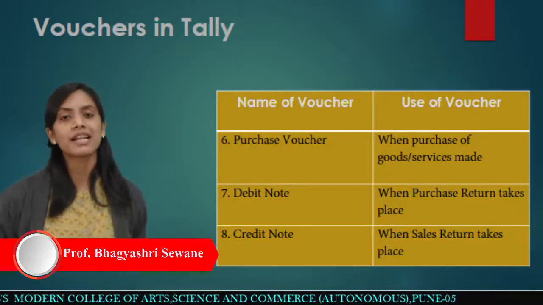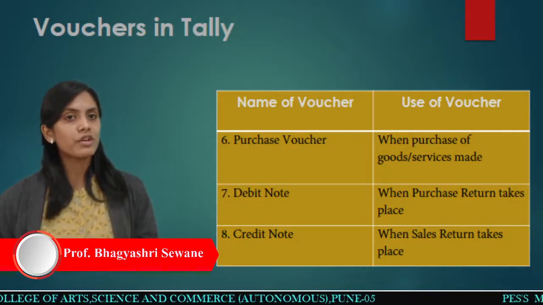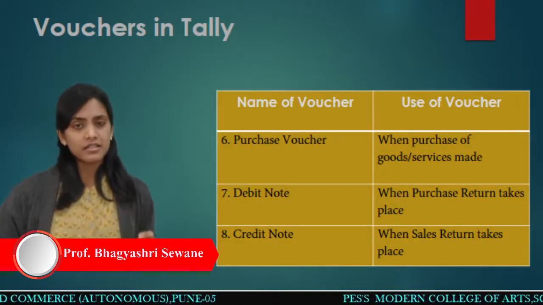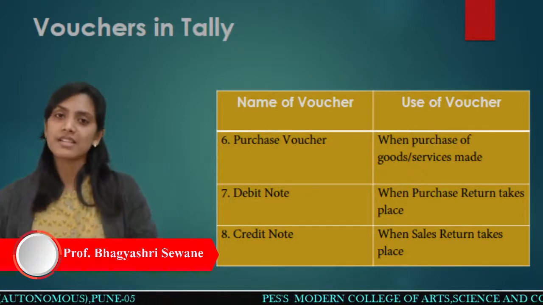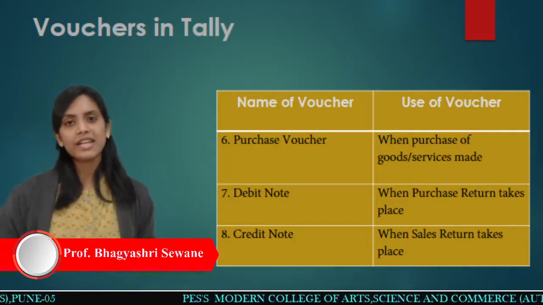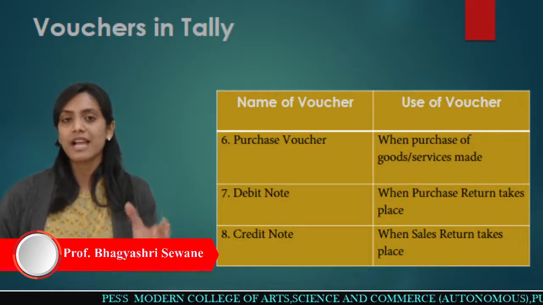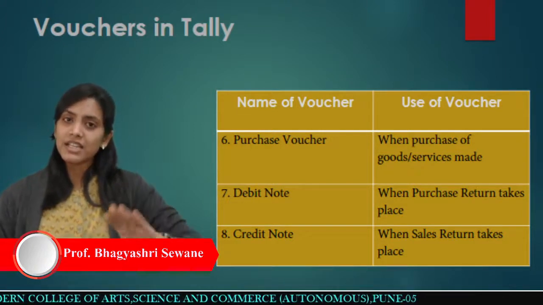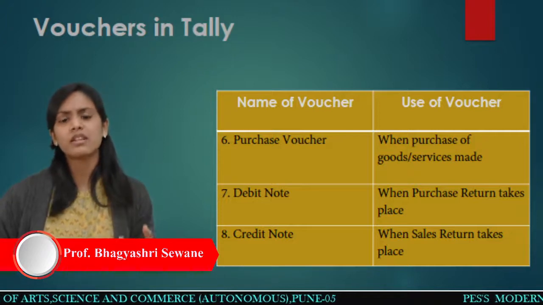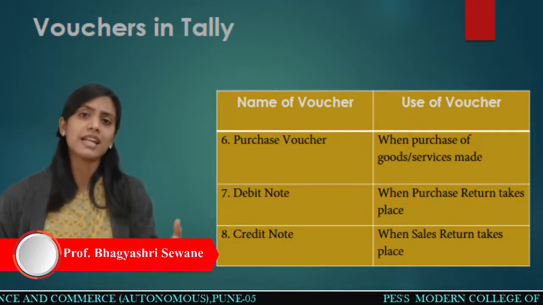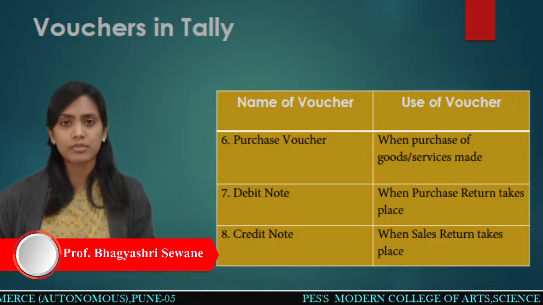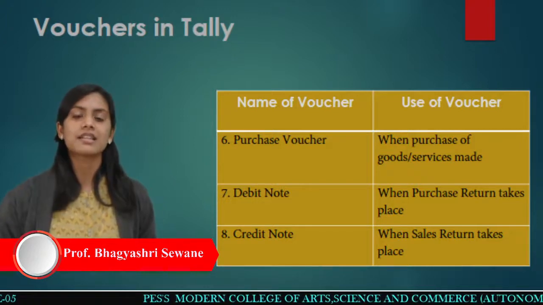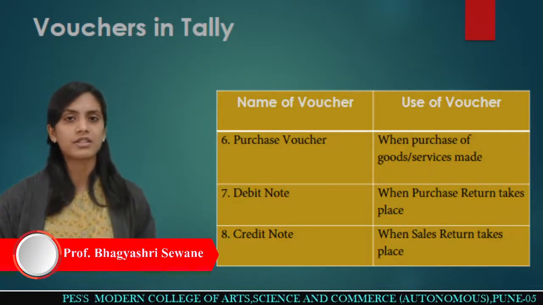And the last voucher is the credit note. In the credit note, what are we going to enter? The same logic which we have used for a purchase return, we are going to use for a sales return. In case of sales, what entry will be there? The cash account or party account is debited, and you have given the credit to the sales account. So if there is a sales return, you have to give the exact opposite effect. That is a credit note. That's why it is called a credit note. You give the exact opposite. And in a credit note, which transactions are going to be recorded? Those transactions which are related to the sales return. Those transactions you have covered over here.